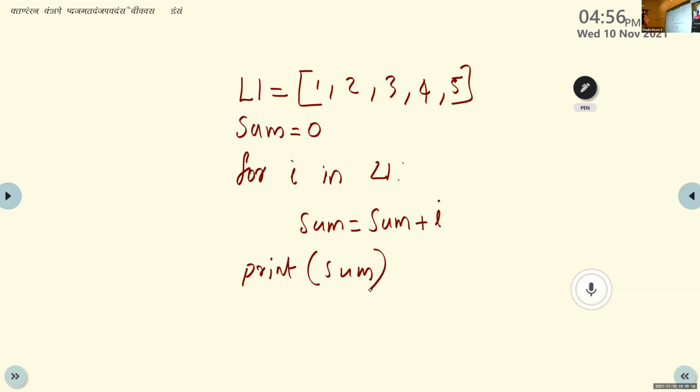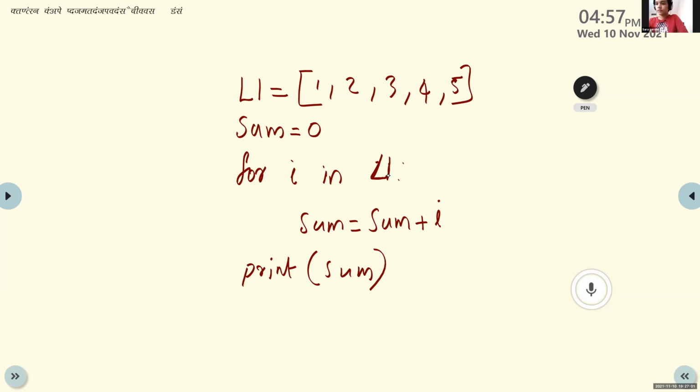Okay, so L1 is equal to 1, 2, 3, 4, 5. Using this statement, I'm creating a list with these 5 values. And after that, I am initializing a variable sum with 0. After that, for I in L1, this for loop is for traversing through this list, that is, for finding the sum. First, you take the first value, then the second value, then the third, fourth, and fifth value, just like that. So for that, we are using this for loop, for I in L1. So what is the content of L1, Sarah? Here, what is the content of L1?